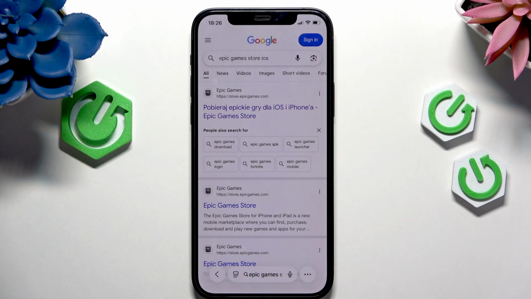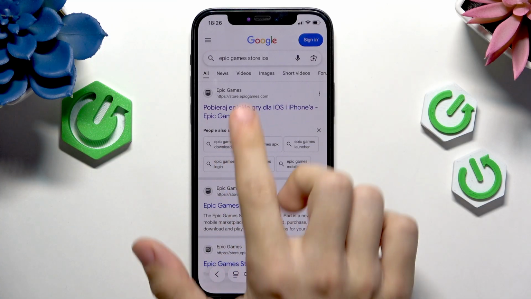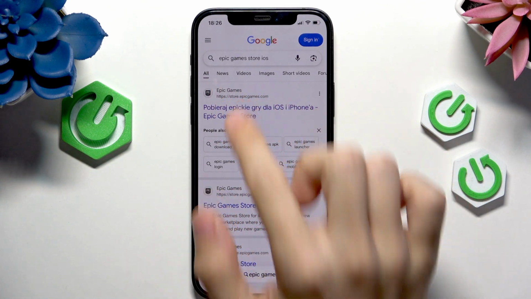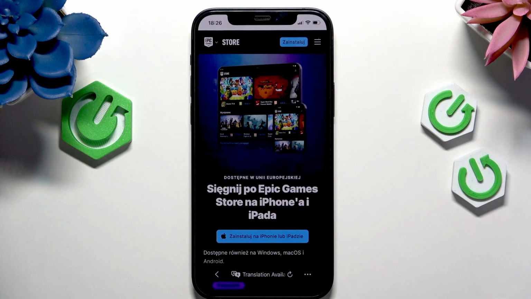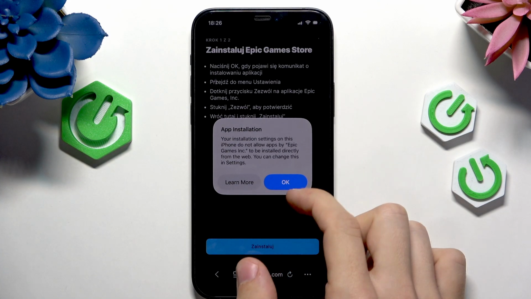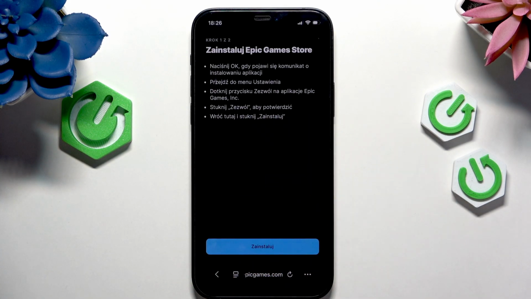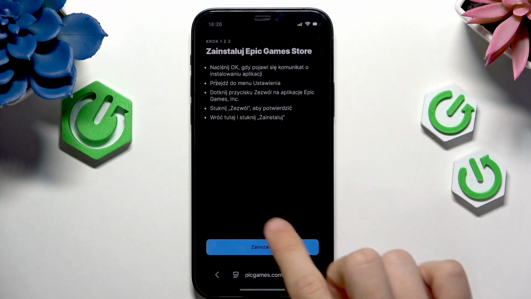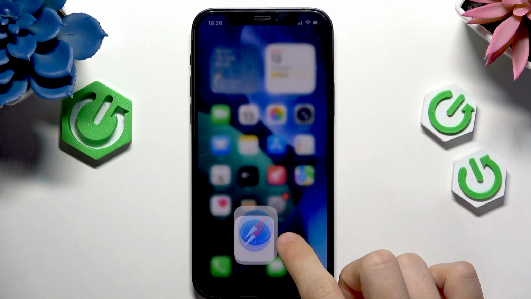To get it, you'll need to go to Epic Games Store iOS. You can just search for that on a browser. Then you'll find the first link most probably will work. Click on install on iPhone or iPad, then click on install. You may need to click on OK in this pop-up, then go to, before you click on install here, first